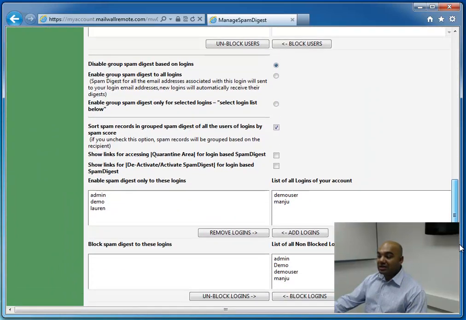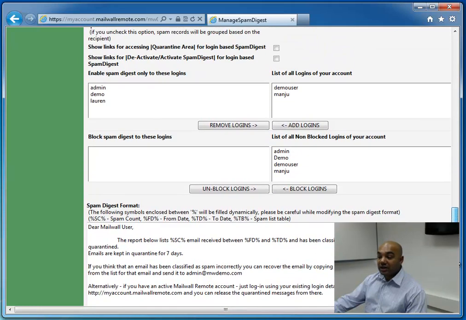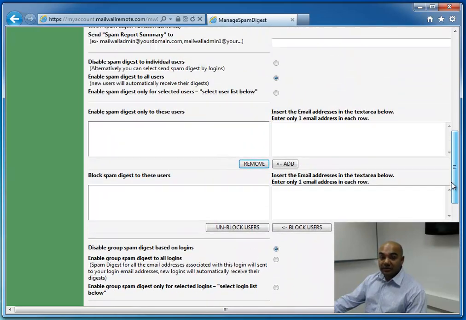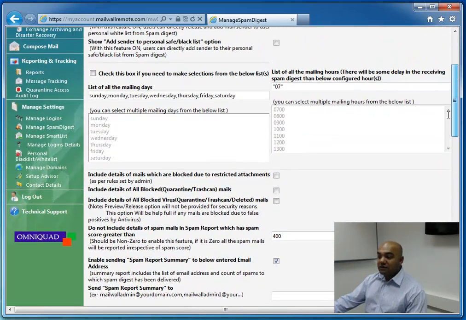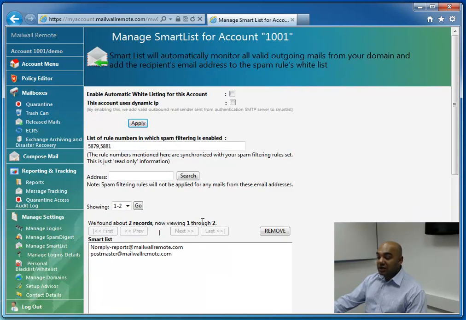Depending on the functionality the administrator allows, that end user then can preview, release, or whitelist or blacklist directly from the spam digest. So this is a very important tool to help detect any false positives that may potentially be within the quarantine area. Last but not least, we have the managed smart list, still very much with the end user in mind,